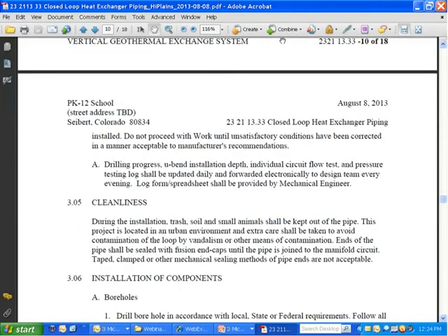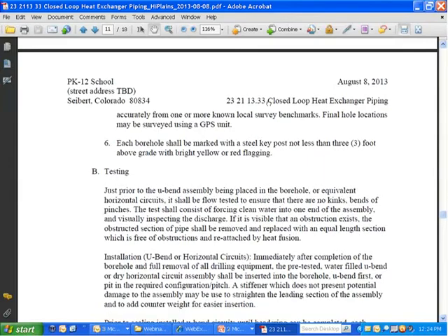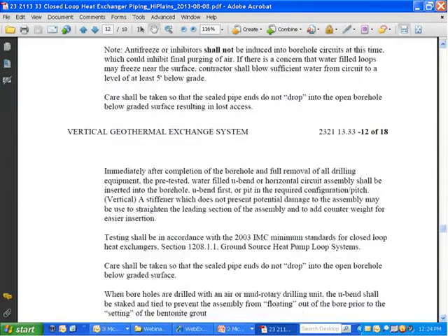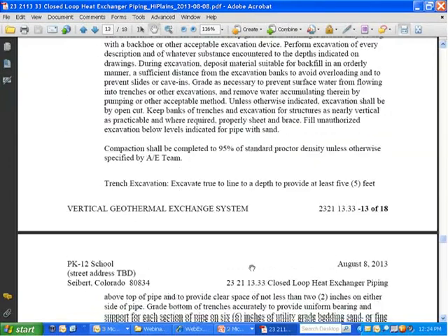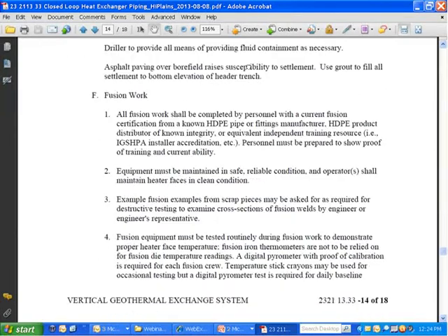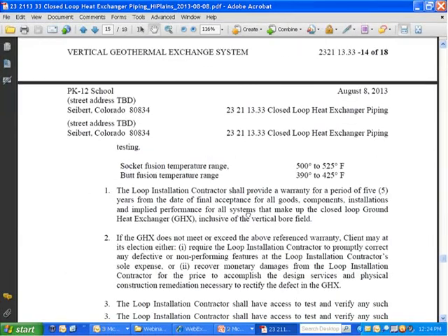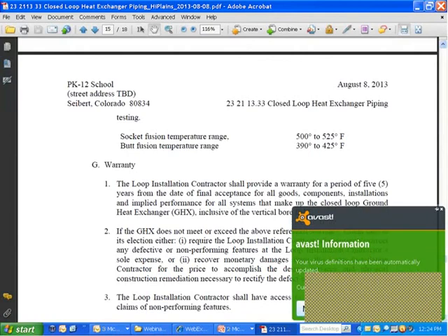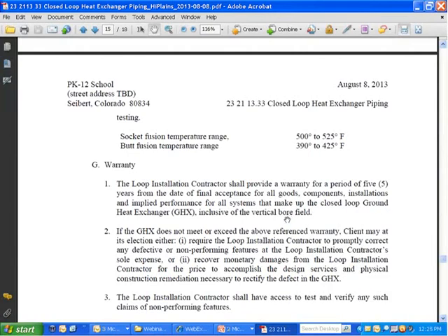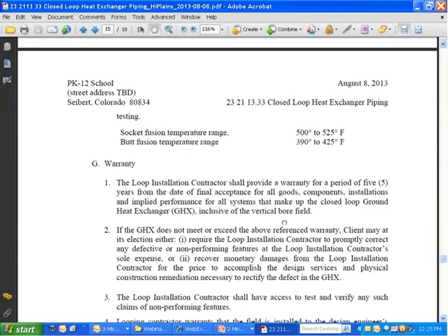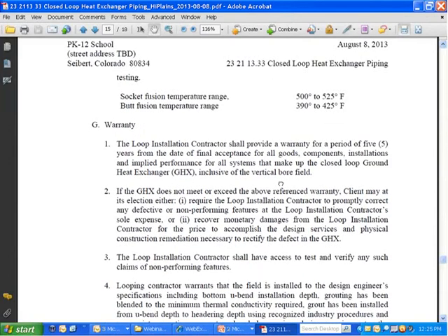I even get into a little more detail with the purging sequence and fusion work. I even outline what we expect, not just the... that stupid thing. I hope that didn't bother anyone. Pop-ups. Anyways,